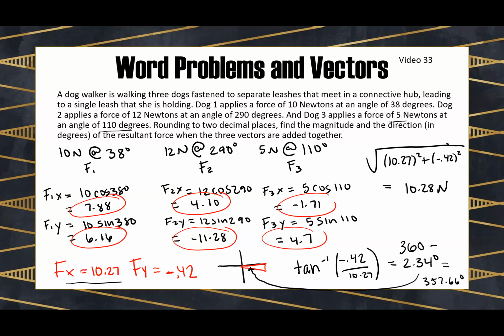Now, if it was in the 3rd quadrant, you could do something like 180 plus the angle you got there. It depends on the situation. If it's in the 2nd quadrant, you would have to do 180 minus that angle that you got. So we've done these before. It's a very similar situation. So this is our angle right here. So our final answer is going to be 10.28 newtons,